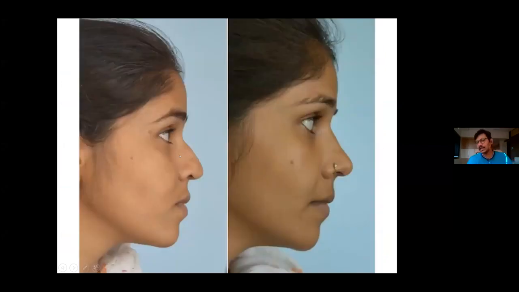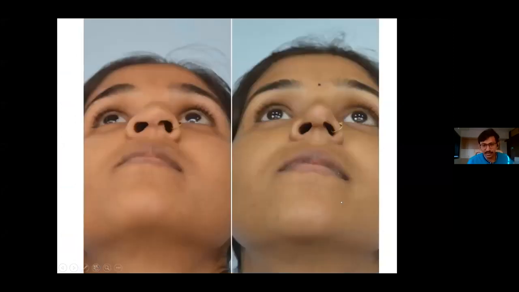In addition to that, she also has a pseudo hump. Now, believe me, this is not a hump. I have done no dorsal augmentation, no hump reduction for this patient. I have just given her a good projection. So this is a downward rotation of the tip. I have given her a good tip projection, and I have filled this radix depression with free diced cartilage so that we could get to this result.